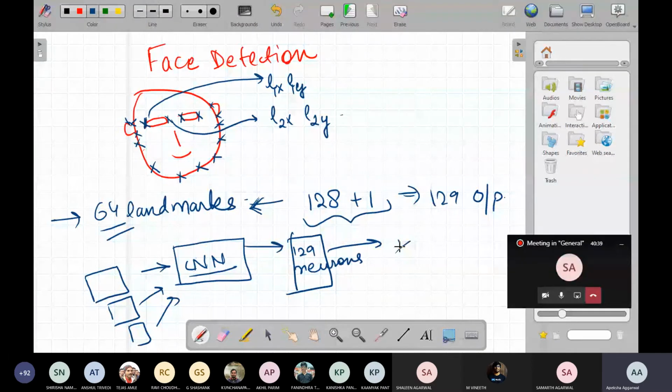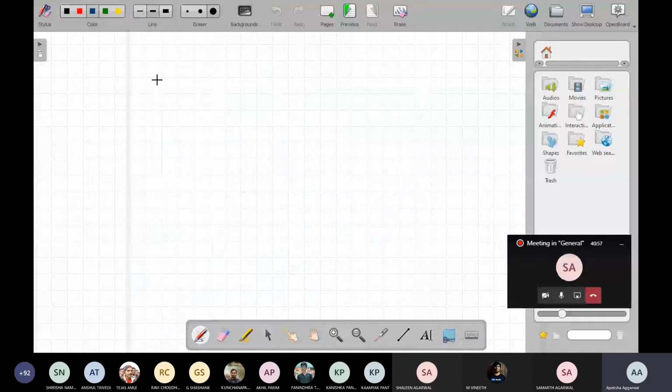In this way we do face detection. So face detection is basically the advanced version of landmark detection. Besides this, there are many other already built-in algorithms, so we are not getting into much detail.